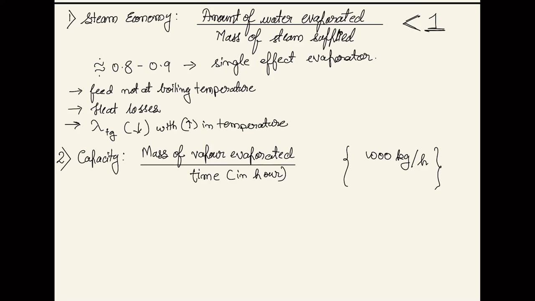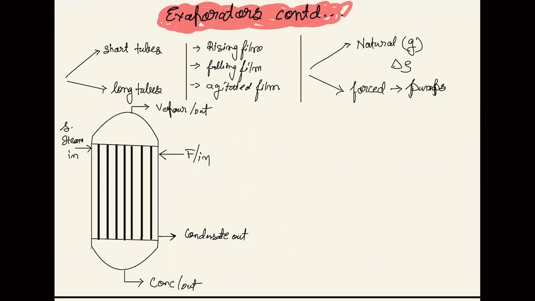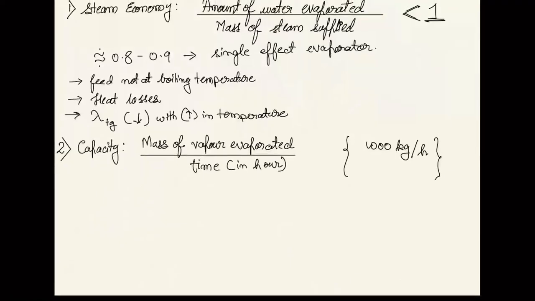So the idea is, what we have discussed is that in the evaporator, the steam will just get condensed. It will not be changing its temperature, it will just get condensed from vapor to liquid. So what we have is saturated steam, and what we are getting out is condensate or the condensed steam. So the only amount of heat that it can exchange is the latent heat.